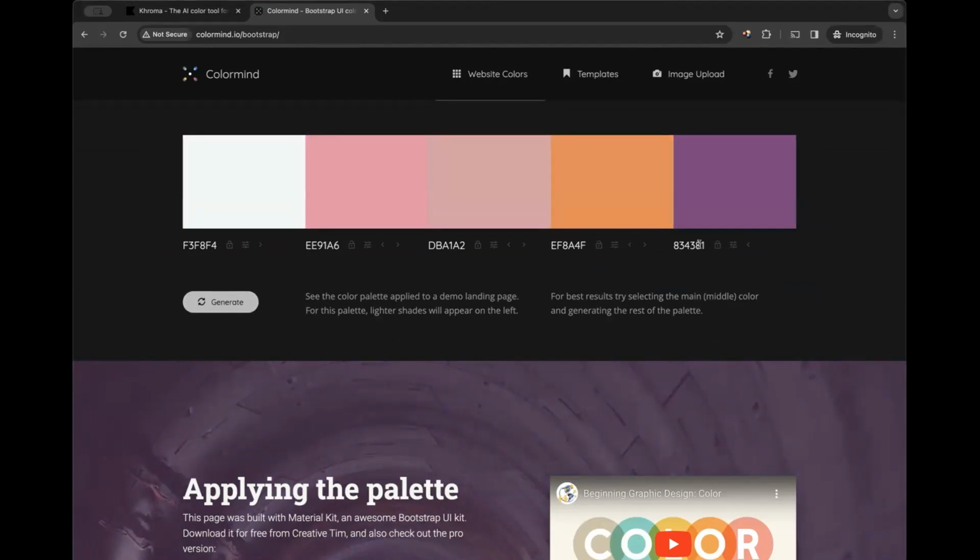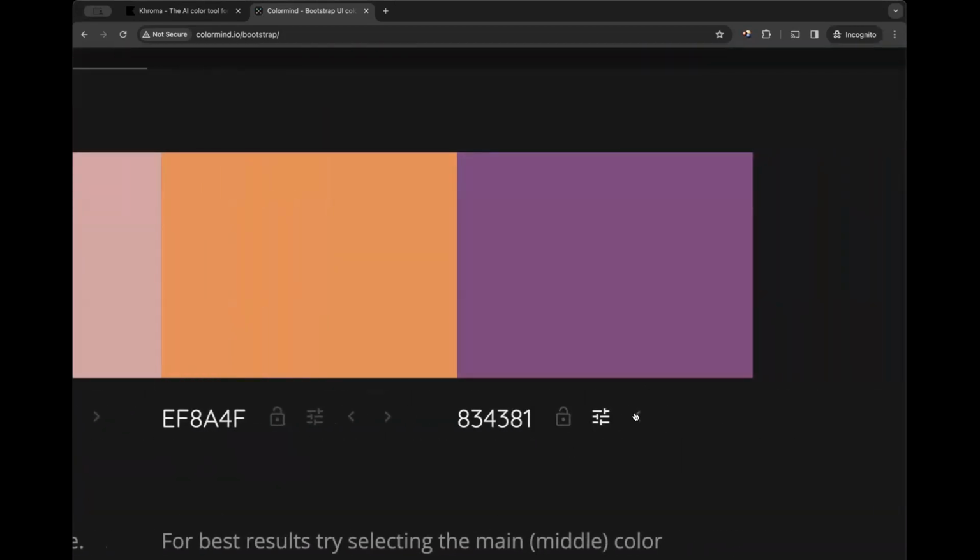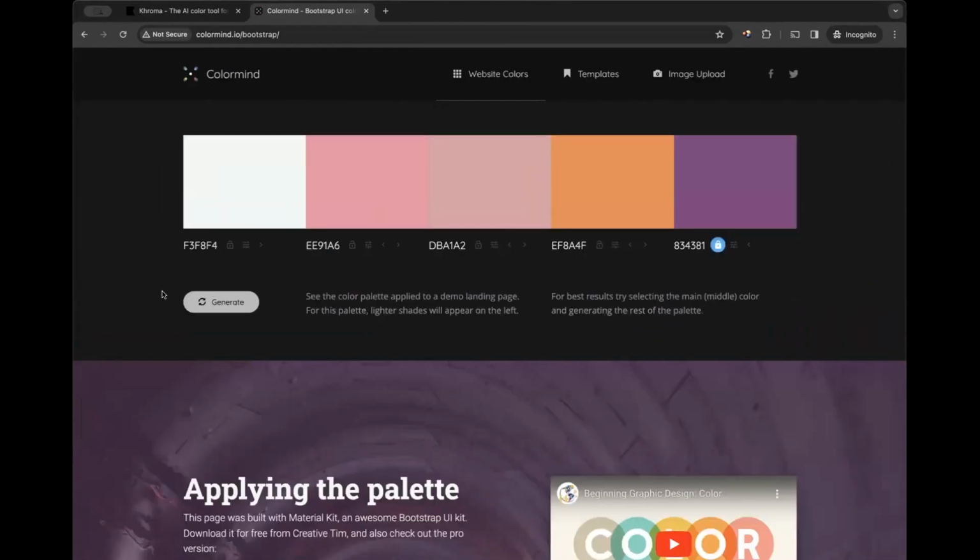Again, these are the HEX colors. You can take them. So if you notice that I like this purple, but I don't like these other colors, what can you do? All you do is come to this side here. You can see some buttons here. This is a padlock button. Click on this padlock. It means you've locked this color, but it's going to keep on generating other colors. So if I click on generate, it generates the other colors, but still leaves that color for me because I said I like that color.